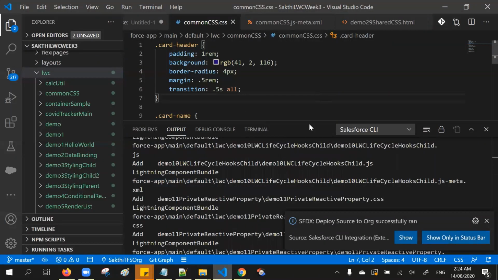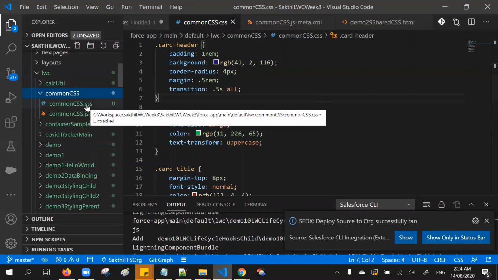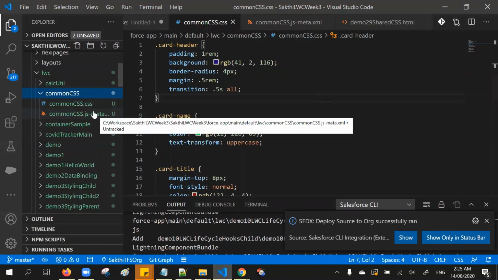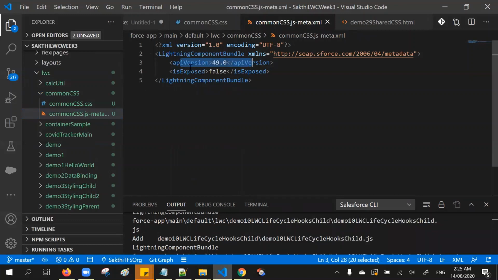So the takeaway: whenever we are creating the CSS only module, we need only the CSS file and meta XML file, and make sure in the meta XML file the API version is 49.0 or above. As part of Summer 20, the API version is 49.